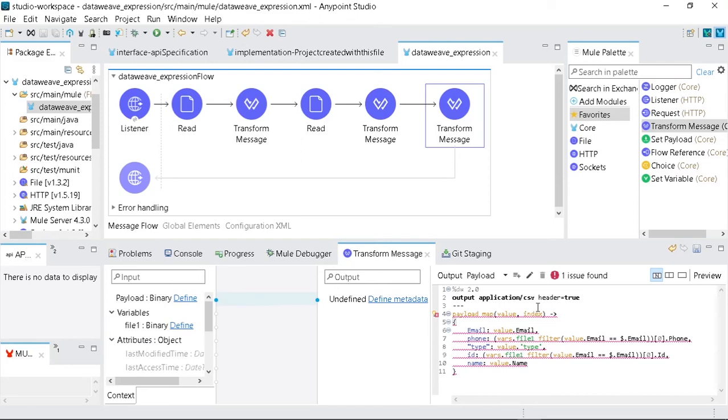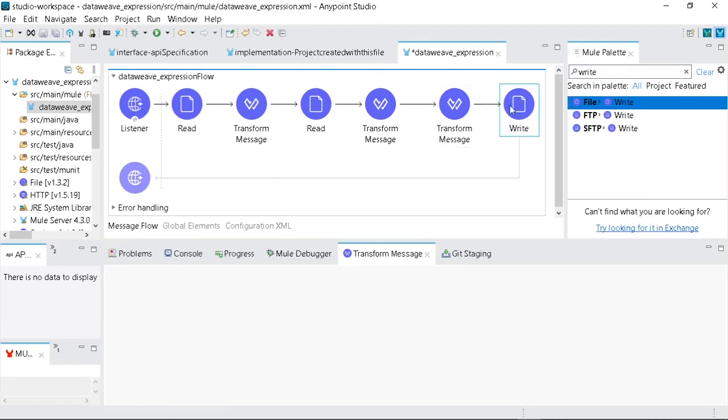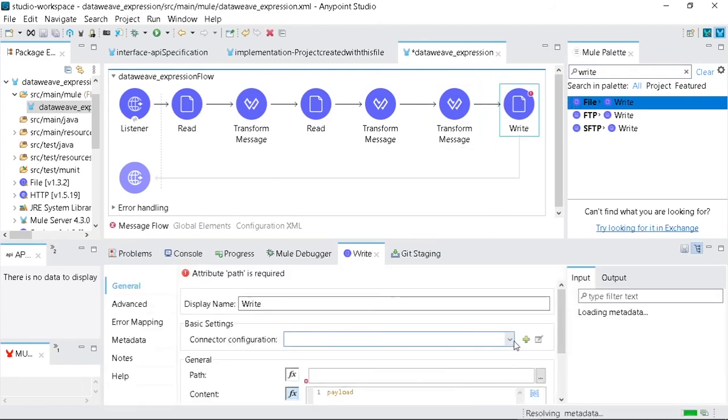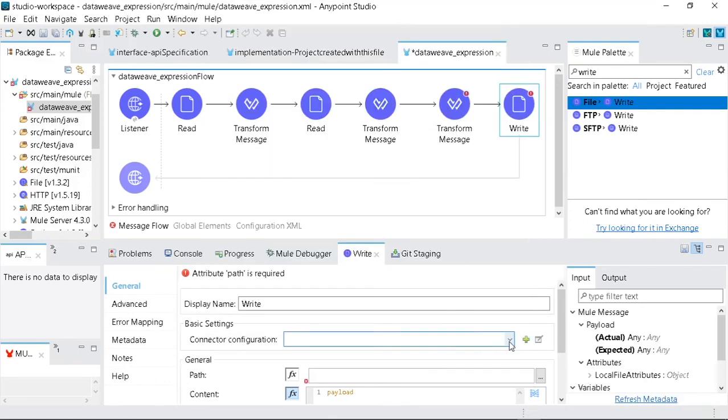Now I will write a Write file component. I will not create a new configuration; rather I will utilize the previous configuration which we created for the file component.